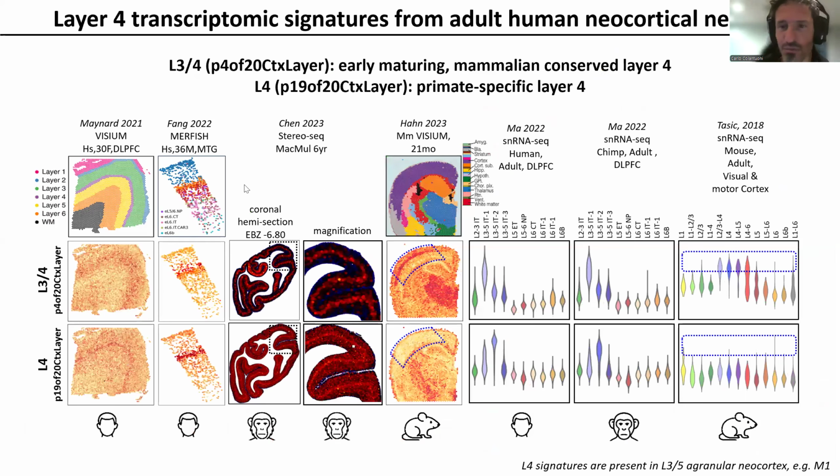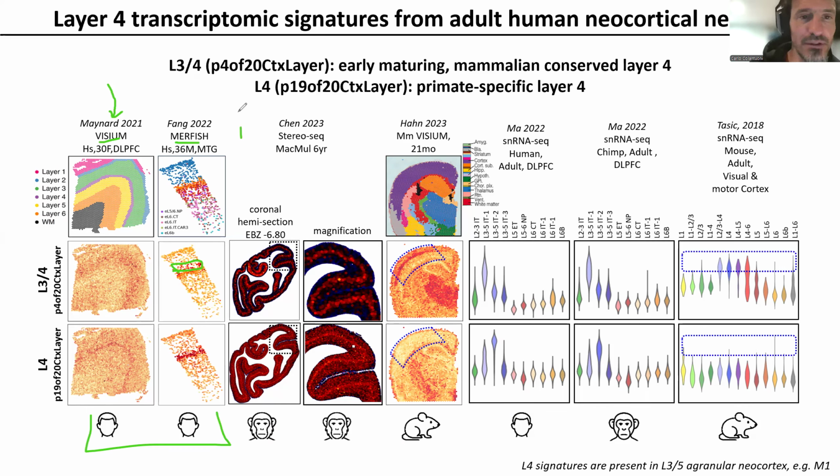Okay, so this is just those 2 rows of data that we were on the other slide, but zoomed in. So in this Visium data, you can see that the layer 4 signature is kind of a pinstripe. In the Merfish data too, a very, very exact layer of cells in layer 4. The layer 3-4 signature is a little more diffuse, rising up off of layer 4 to have kind of a range there. Those are in 2 different spatial data sets from the human, where we have low spatial resolution, high transcriptome resolution in Visium, and Merfish is a high spatial resolution, but only, say, a couple hundred genes.